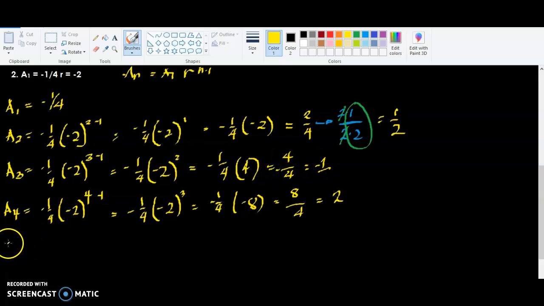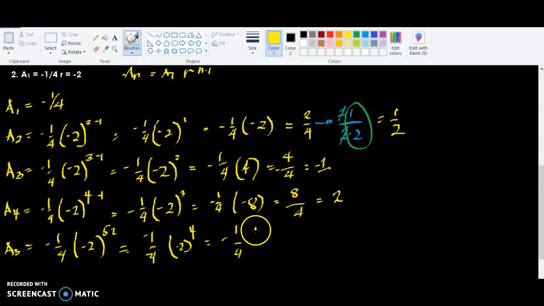Okay. Next, we have the last term, the fifth term. So we have negative 1/4 times negative 2 raised to 5 minus 1. That is negative 1/4 times, oh, that's an even number already. It's equal to negative 1/4 times 16. Since that is an even number, magiging positive siya. So our answer would be negative 16 over 4. And there are 4